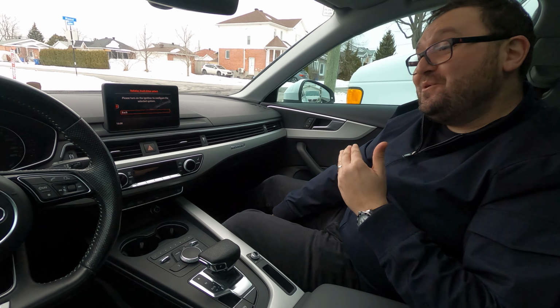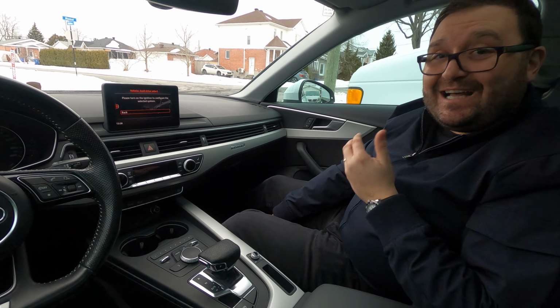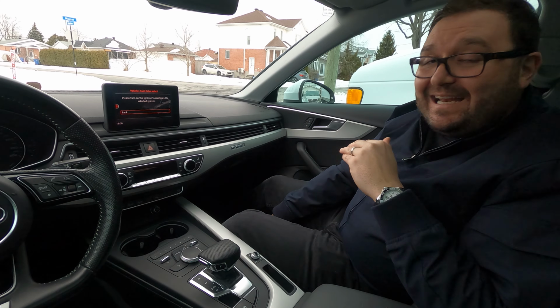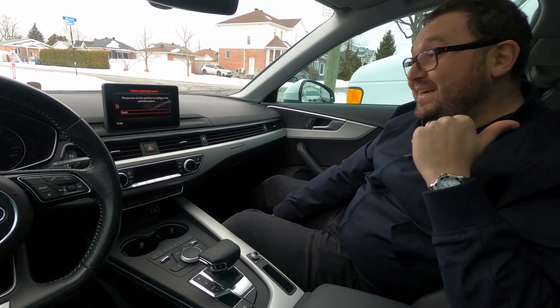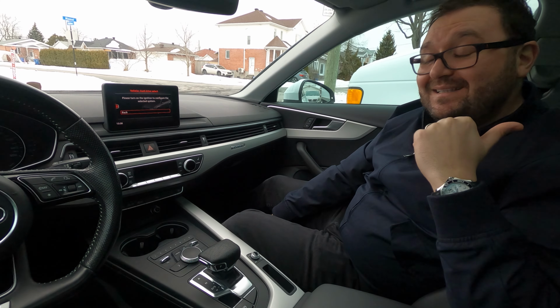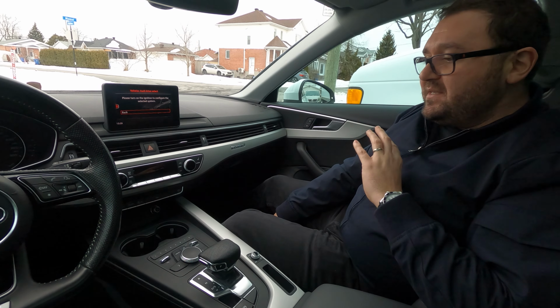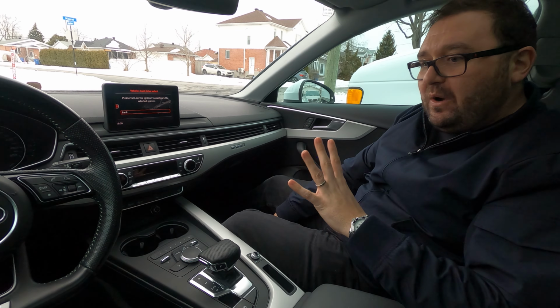I can't even describe to you how much I hate it. I think it sounds like a tin can. There's no bass. You cannot get any bass out of it, even though it does come with a subwoofer equipped in it. There's just no bass. I'm really not happy with the stock sound system that is equipped in there, and I was looking to upgrade,